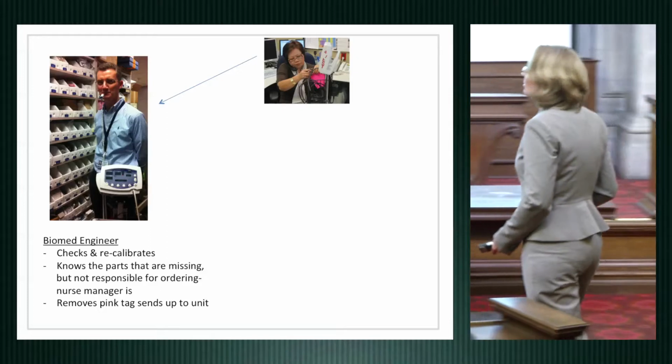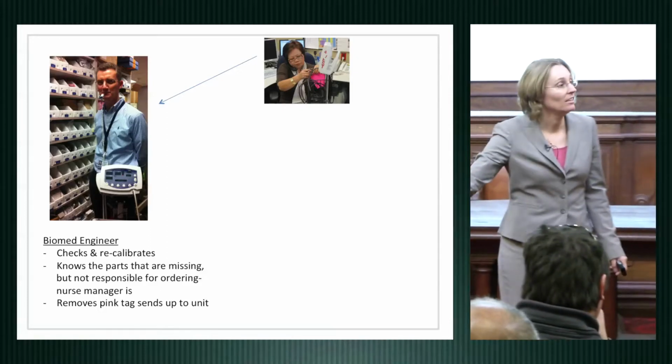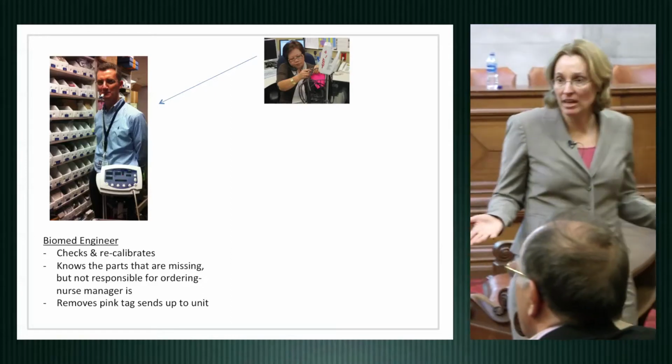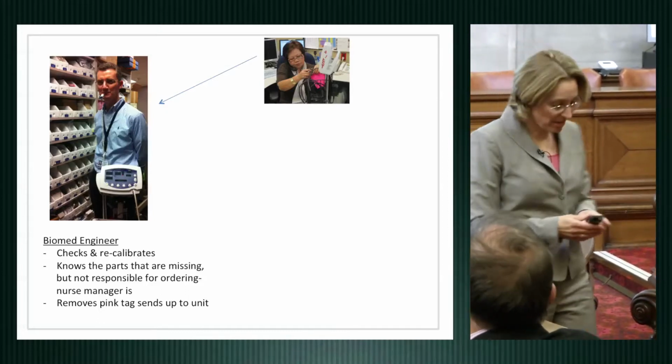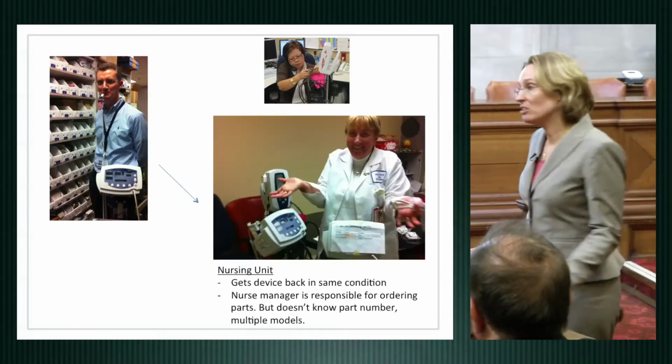Because they're on the nursing unit 24 hours a day, 7 days a week, and by empowering them to do this fix, then they can fix it all the time, versus I only work Monday through Friday, 8 hours a day, and there's a large part of the time I'm not here, so it's better that they have that capability. And this is what it looked like when I brought it back up to the nurse manager,